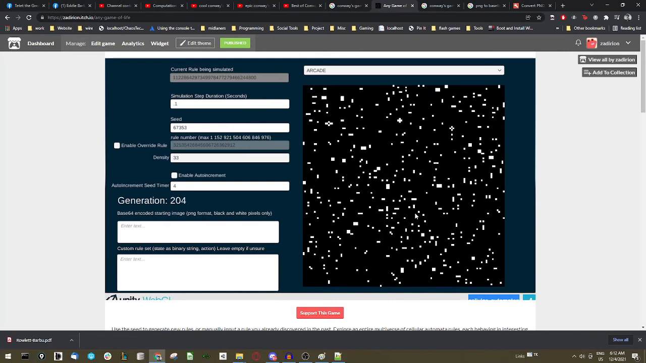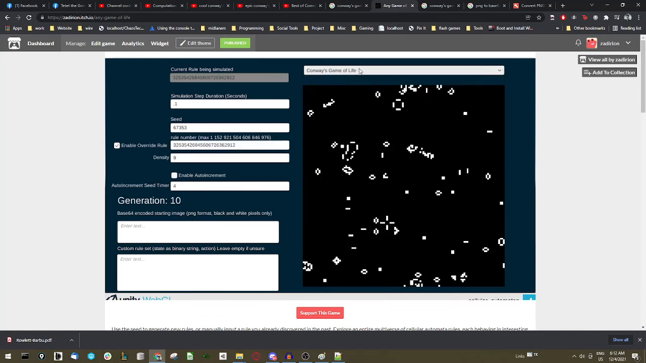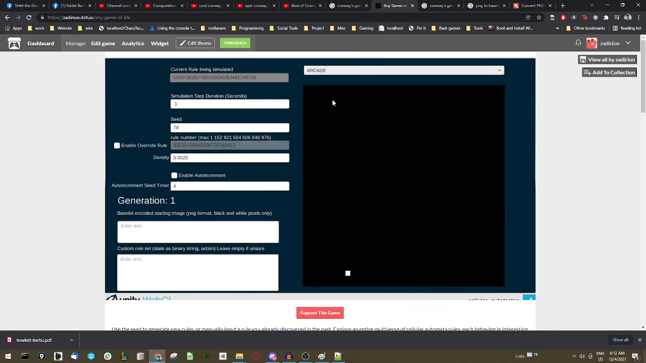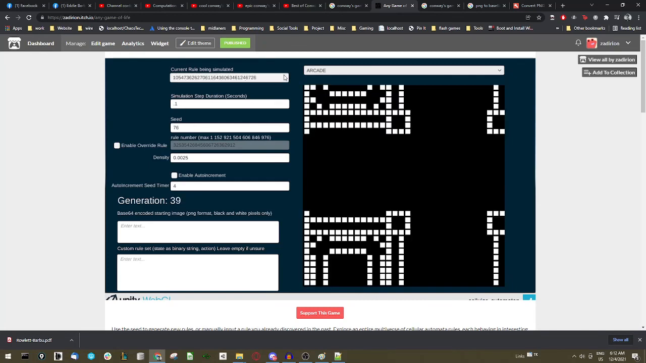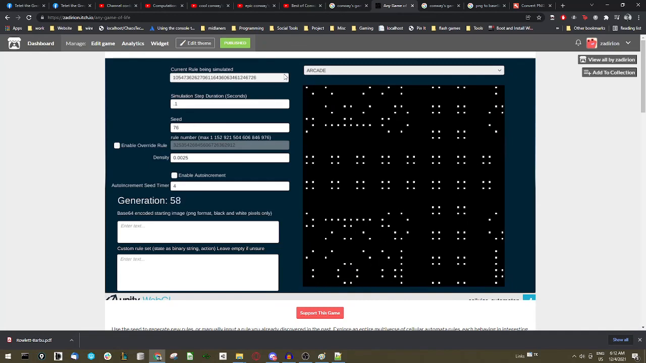So yeah, this is the basic introduction to this app. I know it seems like a very complex app, but it can generate some very, very interesting things like I showed you. Conway's Game of Life is one of them, but a very different one is this arcade rule set. So yeah, experiment with it